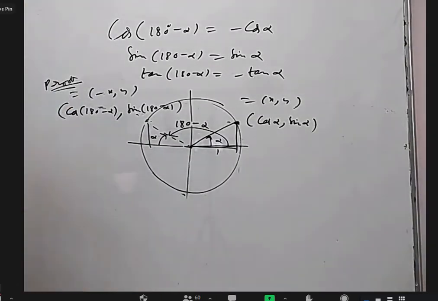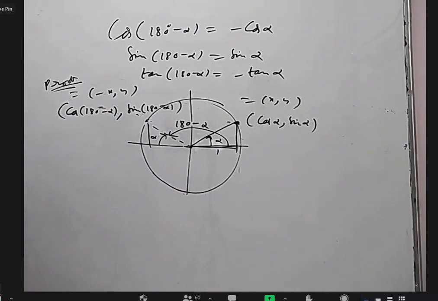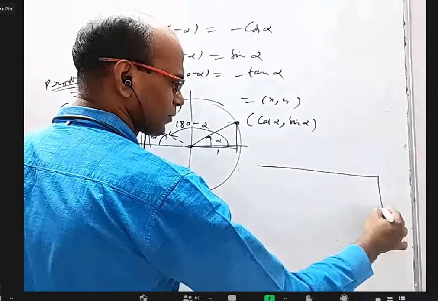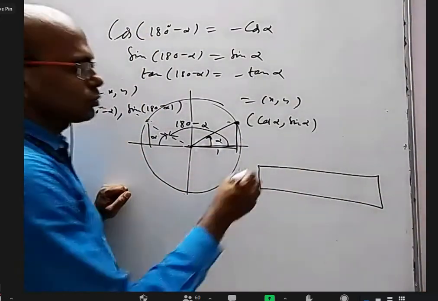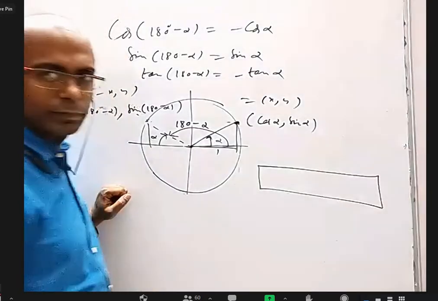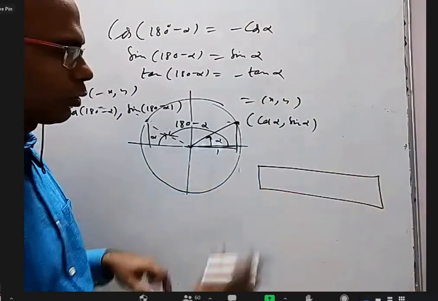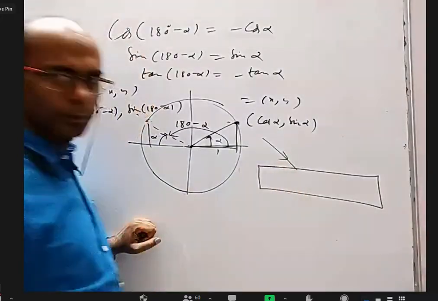One time one boy came after the KVP interview, and I asked him what questions they asked. In maths they asked something like this. In physics they asked one question to that boy. Let us see if some of you can answer this. This is a glass slab. This is air, this is air. This is a glass slab. Whole thing is glass. You send a light ray like this.